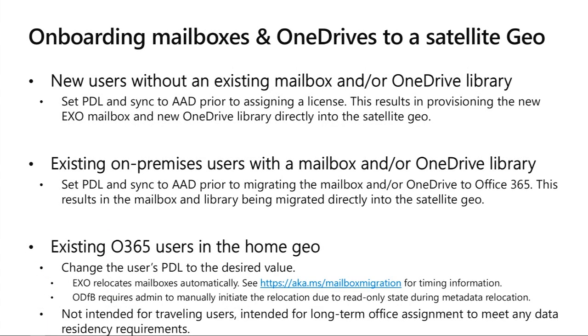If I move back one slide here, though, OneDrive for Business is a little different. For OneDrive for Business, you actually do have to initiate a PowerShell cmdlet to start the migration of their library from their current geo to their desired geo. There's a lot of reasons behind this, but the primary one is that when they kick it off at first, it actually puts their OneDrive library into a read-only state. So while they're doing the relocation of their metadata from their current geo to the desired geo, they will lock